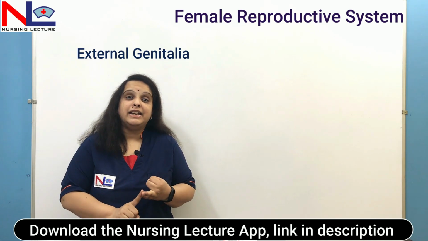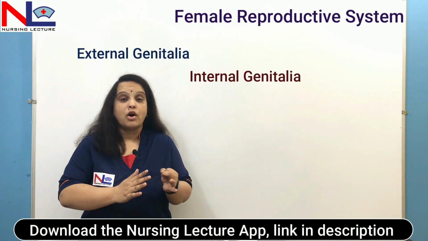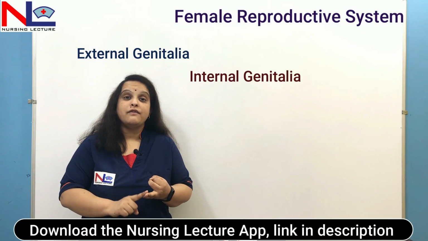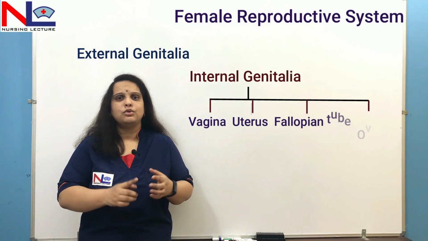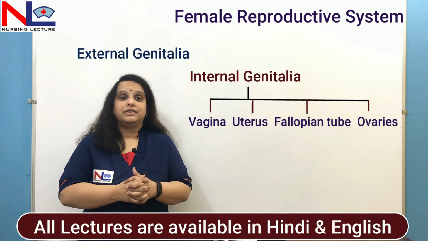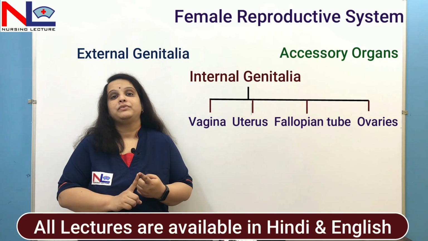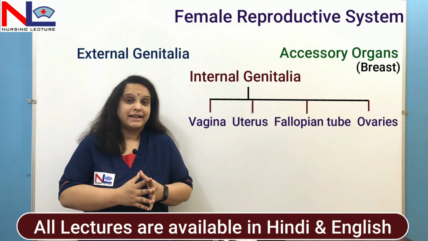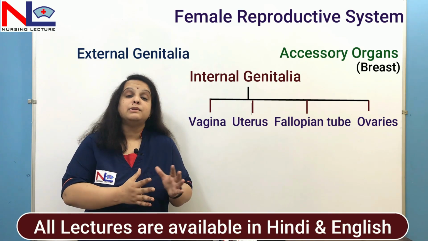The second one is the internal genital organ, that is the structures which lie within the body, and that consists of vagina, uterus, fallopian tube and ovaries. So this is the topic that I am concerned about here. And the third one is the accessory organ, which contains the breast, the mammary glands, which are responsible for